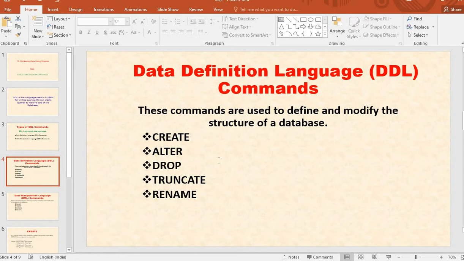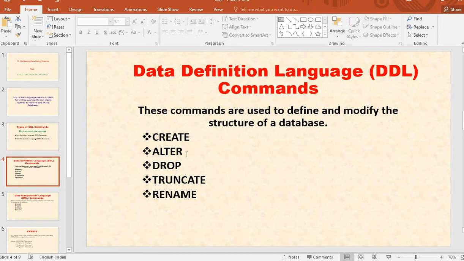These commands are used to define and modify the structure of a database. So if you want to create a database or a table, you have to use create command. See here, create command.